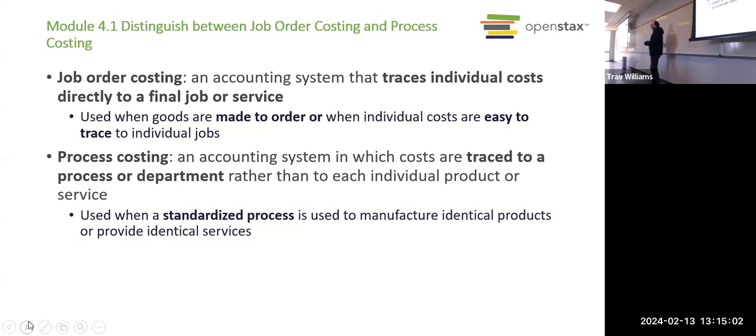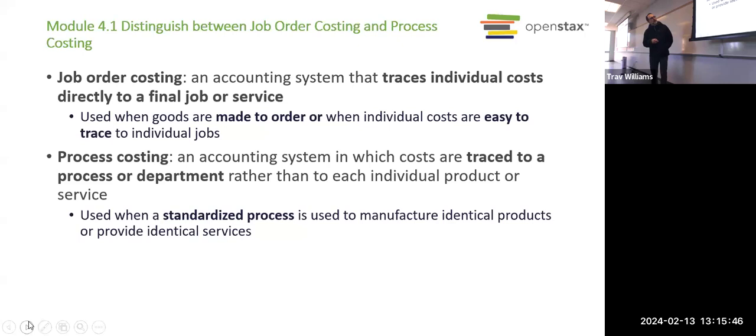On the other hand, if you go to the store and buy a bag of M&Ms, not custom made, mass produced, right? When they make those M&Ms, they're not thinking, what did Rene want in his M&Ms today? No, it's not customized, it's mass produced. And that's where process costing is involved. With process costing, you don't have individual jobs, you're just mass producing the same product over and over, so you're keeping track of the costs of your processes. And that's what we'll do next week.